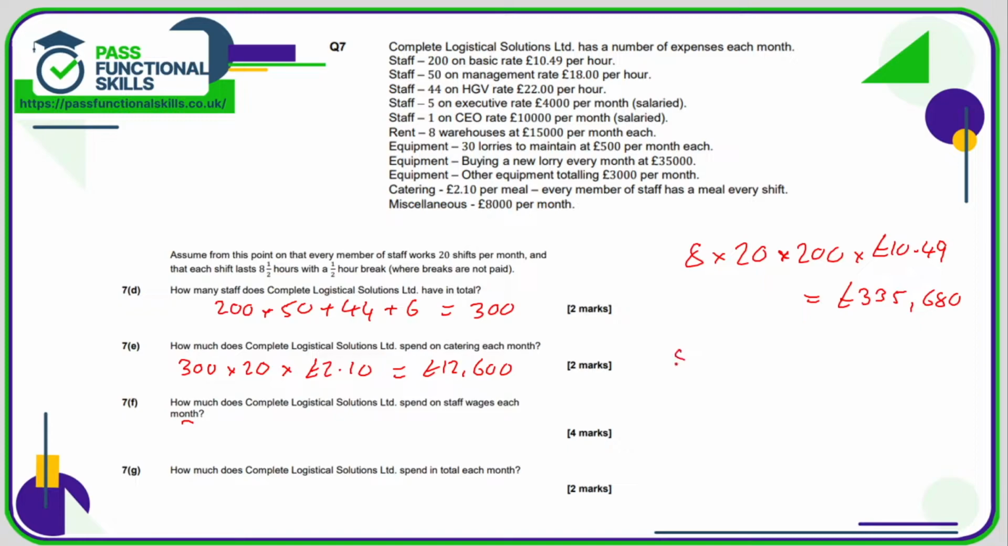That's 50 people working 20 shifts in a month, 8 hours per day at £18 per hour, and that comes to a total of £144,000. Then we've got 44 people doing 20 shifts of 8 hours at £22 per hour, and that comes to a total of